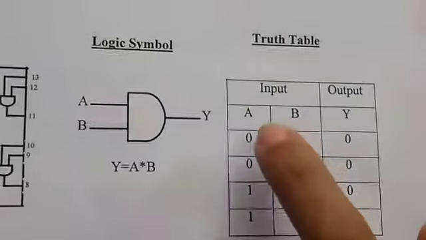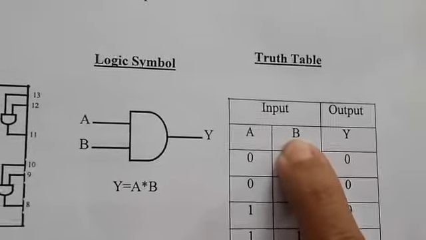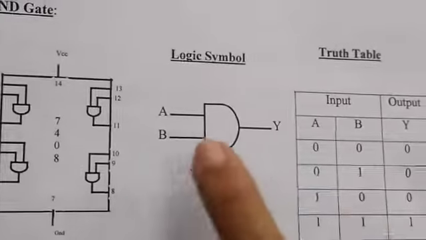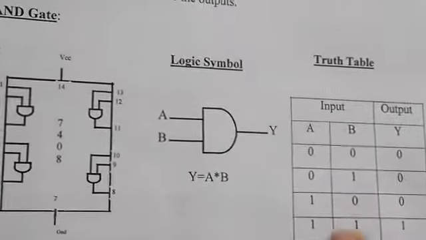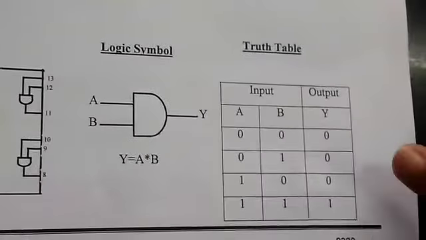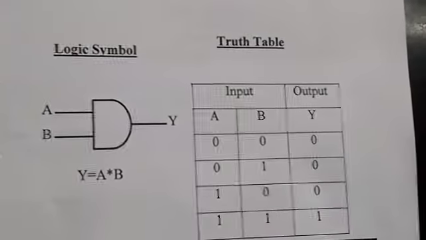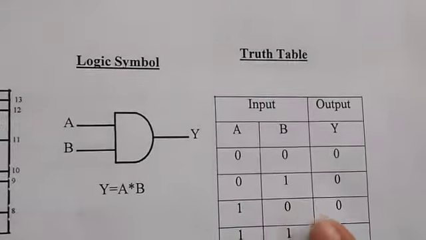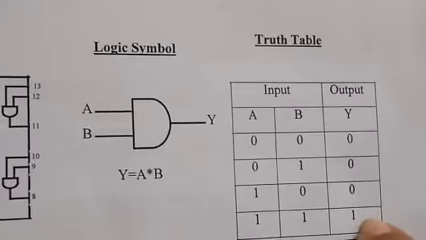And you know the truth table for AND gate. A and B, if suppose there are two input variables and Y will be your output. So two inputs means you'll be having 4 combinations, that is 0, 0, 0, 1, 1, 0 and 1, 1. How does it behave? When it is 0, 0, output you will get 0. When it is 0, 1, you will get output as 0. When it is 1, 0, you will get output as 0. And when it is 1, 1, you will get output as 1.